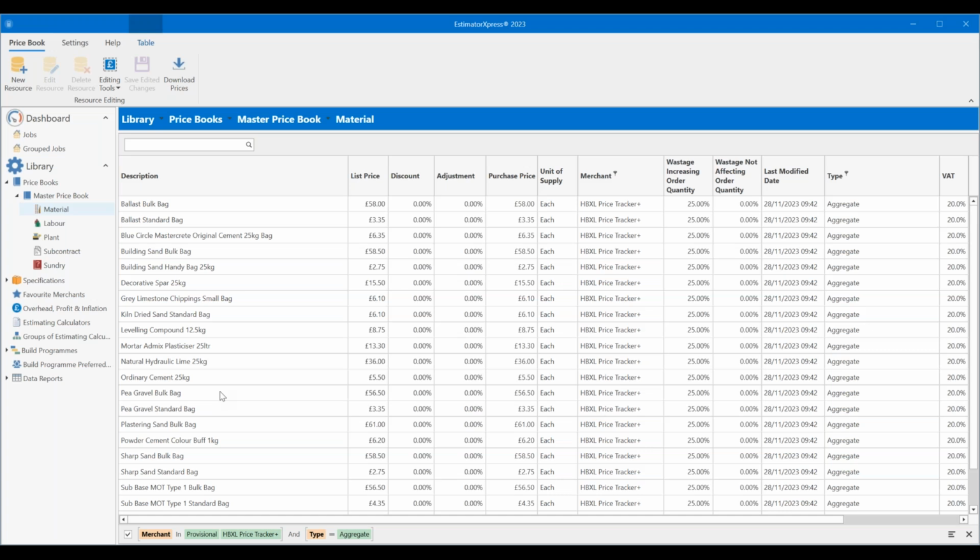There are two ways we can go about this. One is if something's common enough, we can filter by name. The other one is to just select items out. Now, I'm going to go to my ballast bulk bag first and make an adjustment to this one. I'm going to go to editing tools, edit prices, to open up the column. So editing tools, edit prices, and say that my purchase price for this